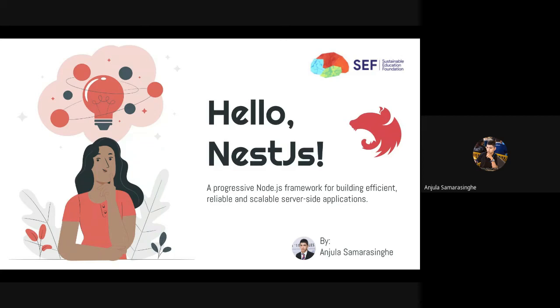So today we are going to take a look at NestJS. This is not Next.js, which is confusing names. There's also a thing called Nuxt.js. I don't know why they choose similar names. But today we are going to talk about NestJS, which is a Node.js framework that we are going to use for server-side